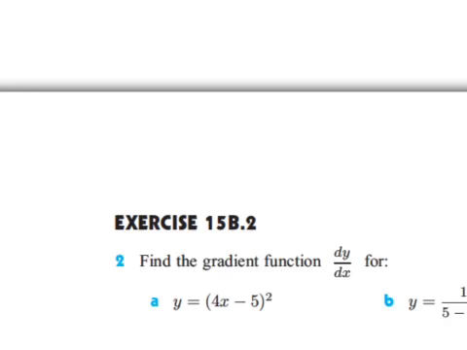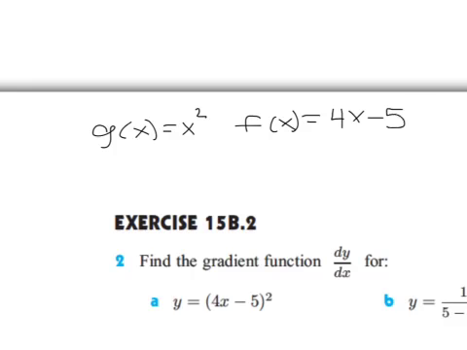We use chain rule when there is a composition of two different functions. So if we look at number 2a, y is equal to 4x minus 5, the quantity squared, here we have two really different sets of functions. The first function could be g of x is equal to x squared, and f of x is equal to 4x minus 5. So if y is equal to g of f of x,